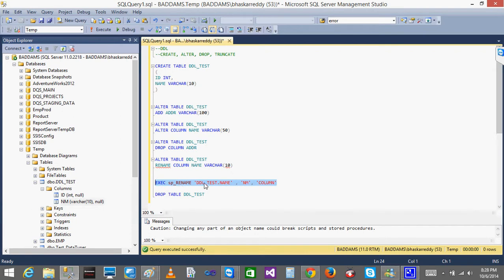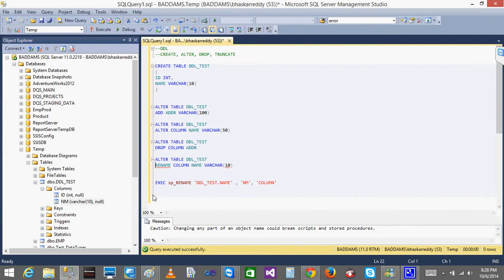So by using the stored procedure, you can change the name of the column. If you want, you can make a note of it. This is the column name you want to change, this is the destination column, and it is a type of column. I think in the same way you can change the indexes also, the index name which you already created, or the primary key. I am not sure. I think constraints you can't alter; you need to drop and recreate that one.